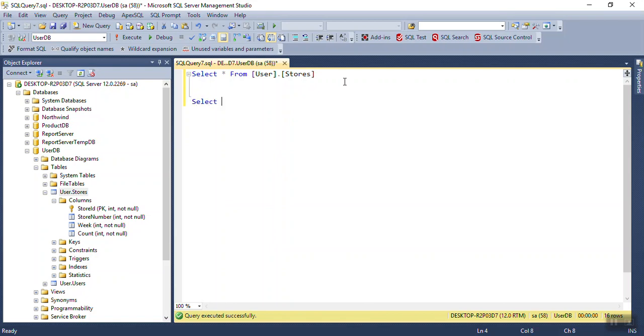First we have to write a select statement from user stores, make a bracket, and inside it write star from, and write an alias like s, then pivot, then again the sum of that particular column: the sum of store number and week, and then count. So we'll make it the sum of count,